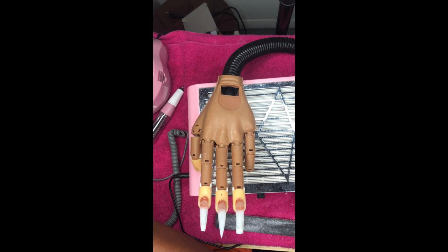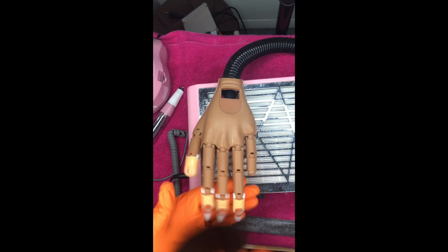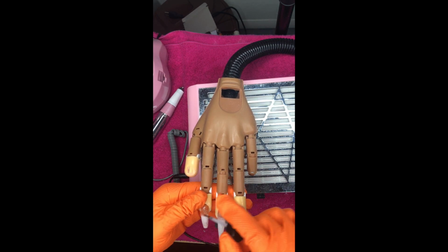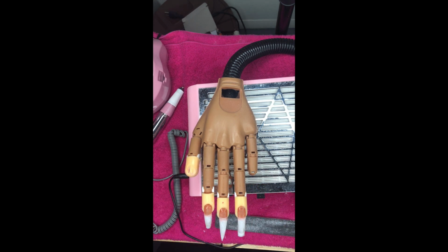Okay, so here is my final look at the nails before applying acrylic. We're going to dust the nails off and then get ready for application. Normally, I make sure I dust my nails off before I start the prep. So I dust off the nails, then I come in with my primer. This is a no-name primer from my local hair store. I put that on the nail so that the acrylic adheres to the nail, and then we're going to get ready to